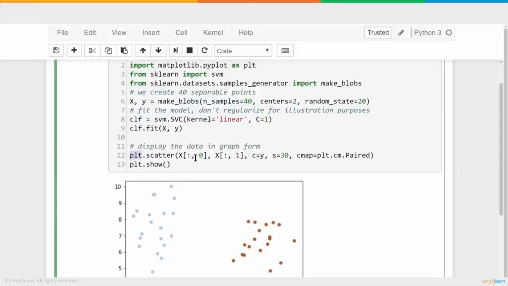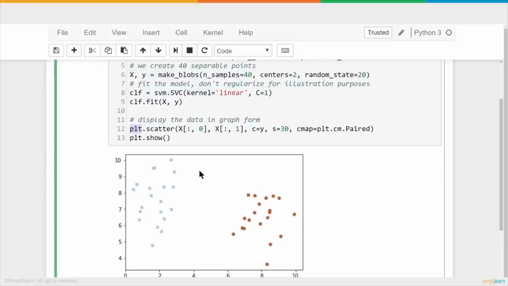And then the second part has a comma 0. We're only going to take the first value. And then we do the same thing, but we take the second value. Remember, we always start with 0 and then 1, so we have column 0 and column 1. You can look at this as our XY plots. The first one is the X plot and the second one is the Y plot. The first one is on the bottom, 0, 2, 4, 6, 8, and 10. And then the second one, X of 1, is 4, 5, 6, 7, 8, 9, 10 going up